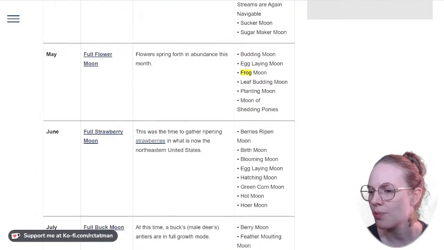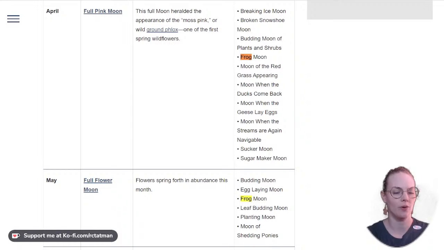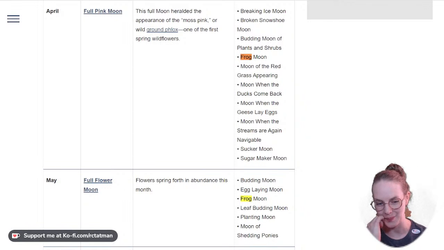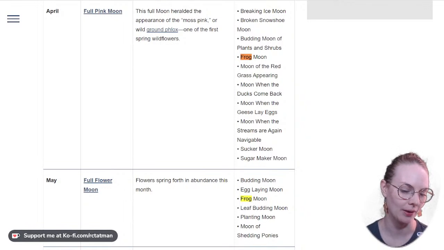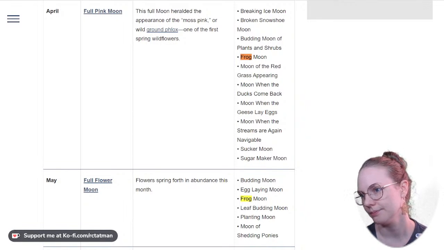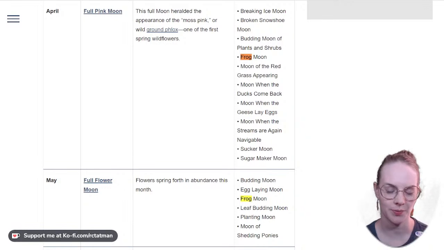Okay, so I'm wondering if these repeated names, because not all of them repeat, but some of them do. So I might suppose that the repeated names may have to do with calendar systems that are linked to solar events as well. Because if you're not linked to a solar event, you're not going to have blue moons, right? But if you're not linked to a solar event, everything's going to slowly slide to one side because the lunar and solar calendars don't actually link up quite that well. Well, we'll cross that bridge when we come to it.